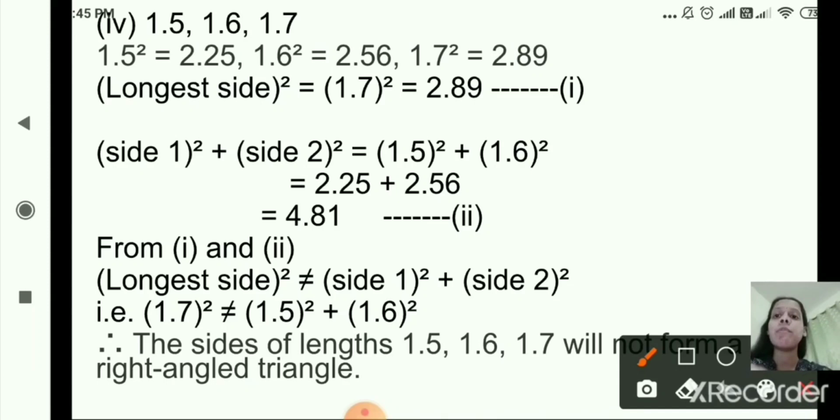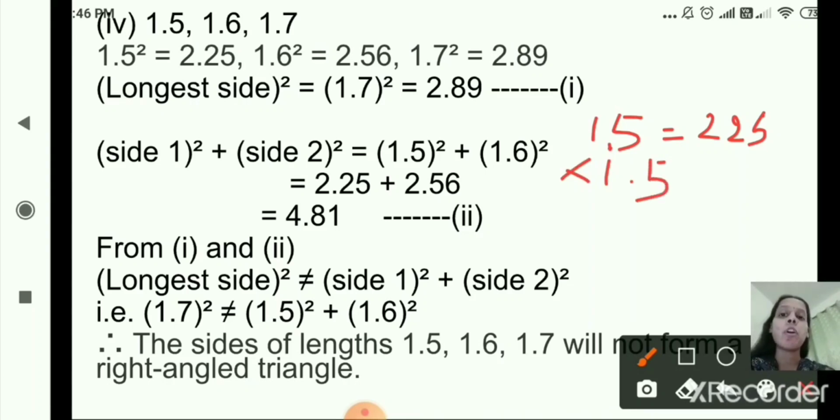It's not difficult. You will first write down 15 square. What is 15 square? That is 225. Correct? Now here it is given 1.5, so 1.5 square means 1.5 multiplied by 1.5. From the right hand side, after the decimal point, how many numbers are there? Here it is one number, here it is one number, so in total there are two numbers. So count from the right hand side 1, 2. After 2 digits you will put a decimal point, that is 2.25.